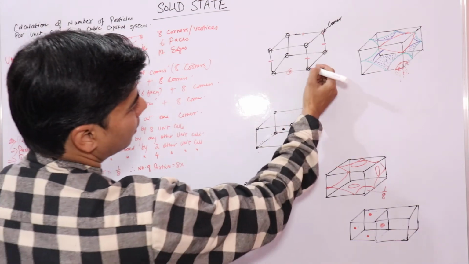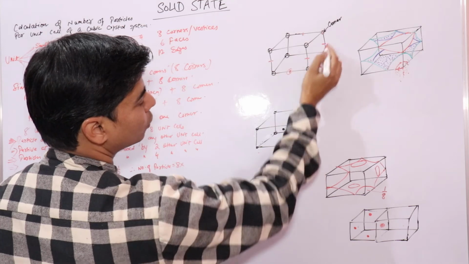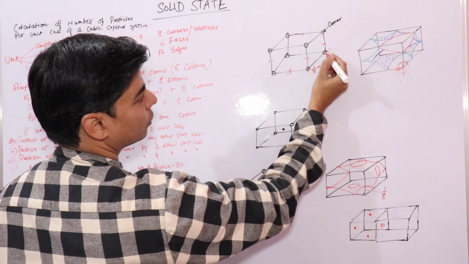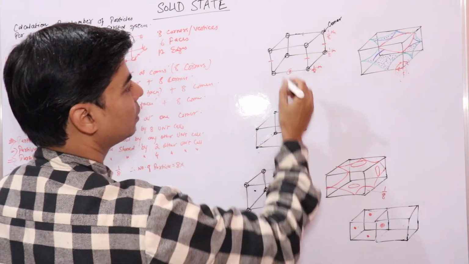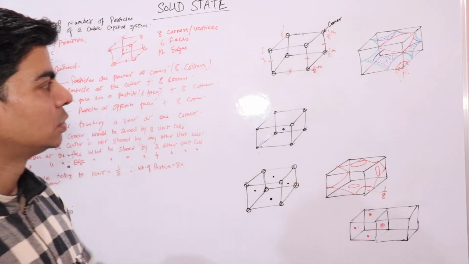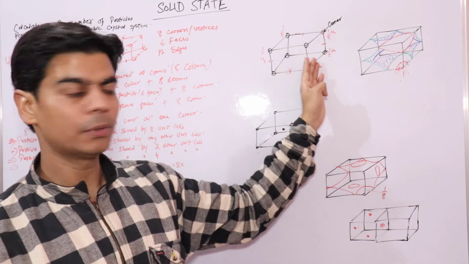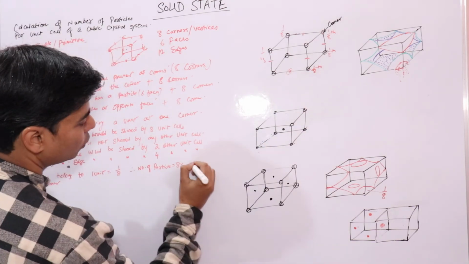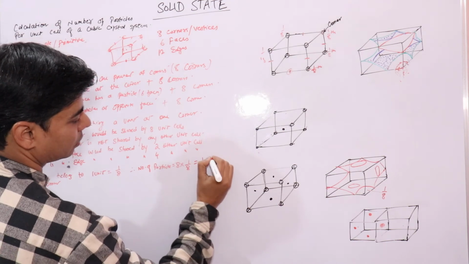So here 1/8 of this atom belongs to this unit cell, same as here, 1/8 belongs to this unit cell, same here, here, and all the corners. So how much do we have? Total 8 corners, so the number of particles in this unit cell would be 8 into 1/8. That would be 1. So 1 particle